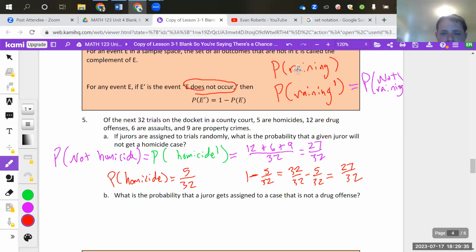we're looking for the probability that a juror gets assigned to a case that's not a drug offense. So if we found the probability that it was a drug offense, that would be 12 out of 32. So if we wanted to do not a drug offense,